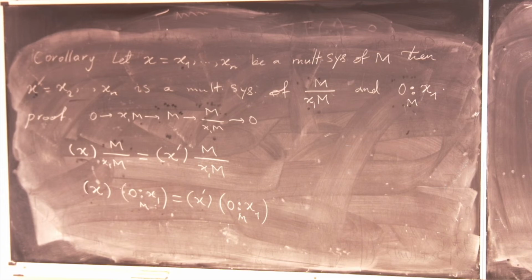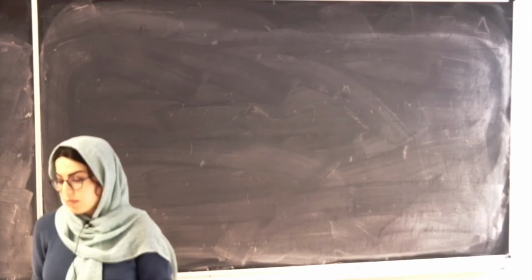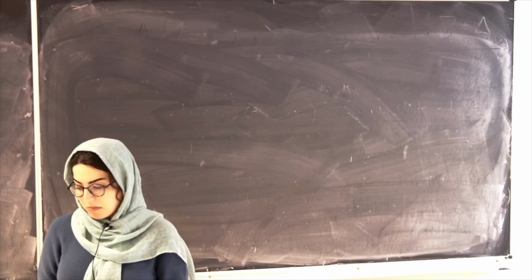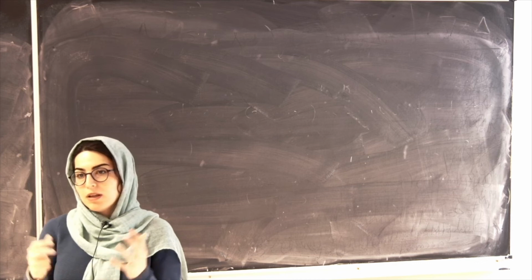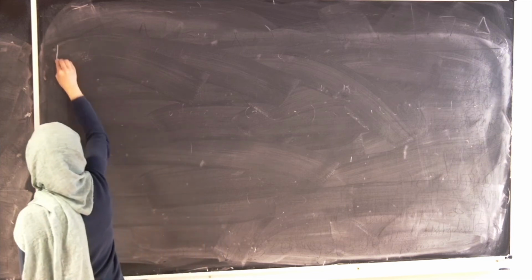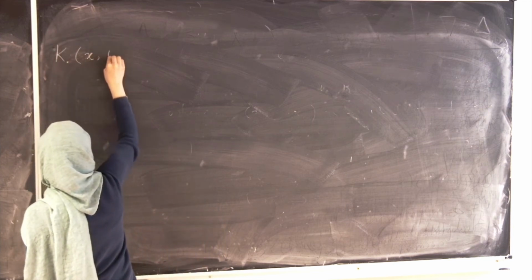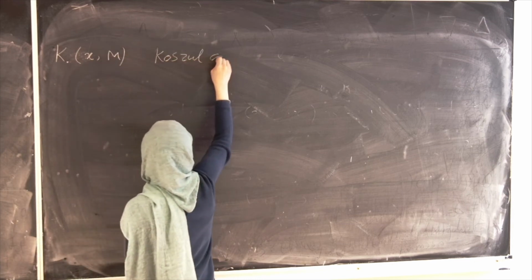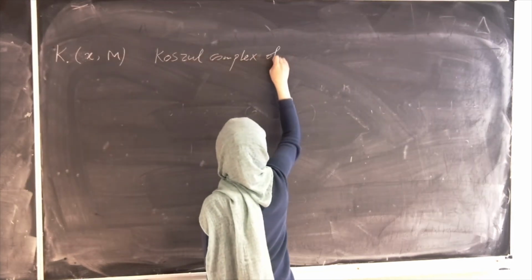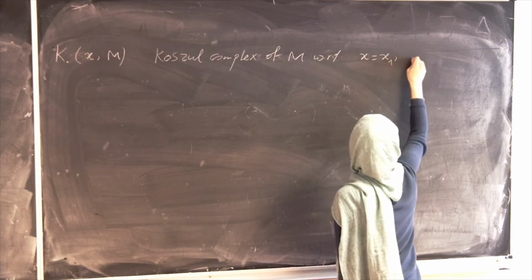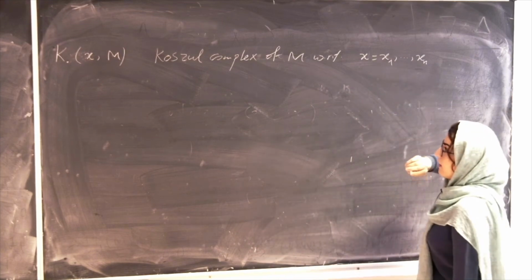For this part, you need to have a little background about Koszul homology and the Koszul complex, because I really don't have enough time to complete the material and at the same time tell about all the background needed. So I suppose you know what the Koszul complex is. Here I consider K(x; M) to be the Koszul complex of M with respect to the sequence x1 to xn,